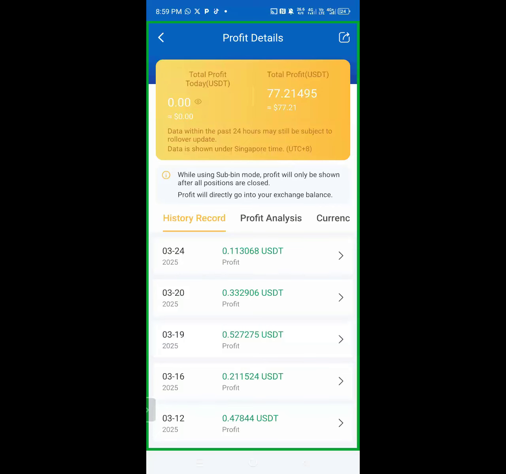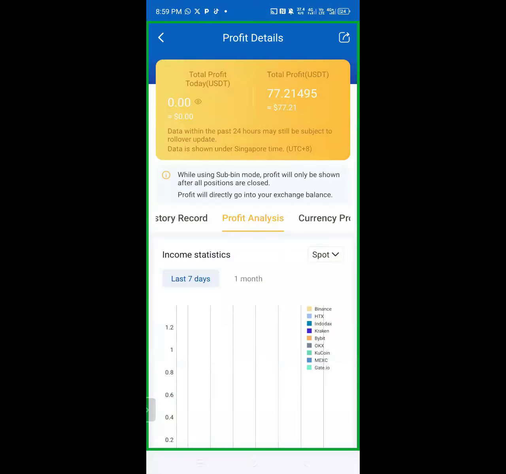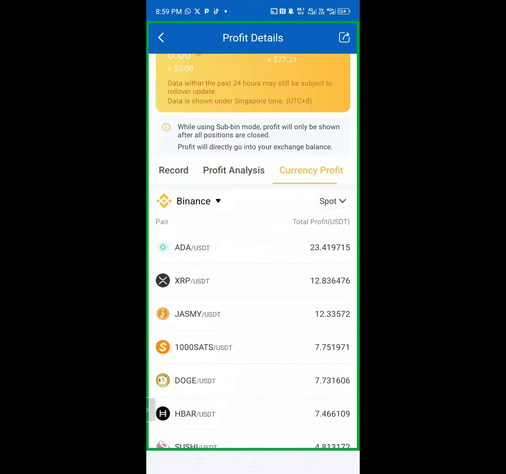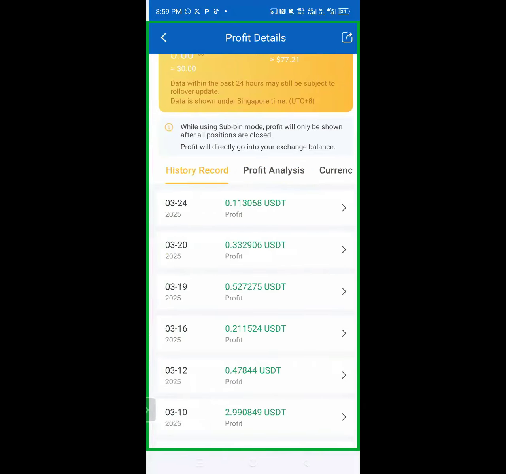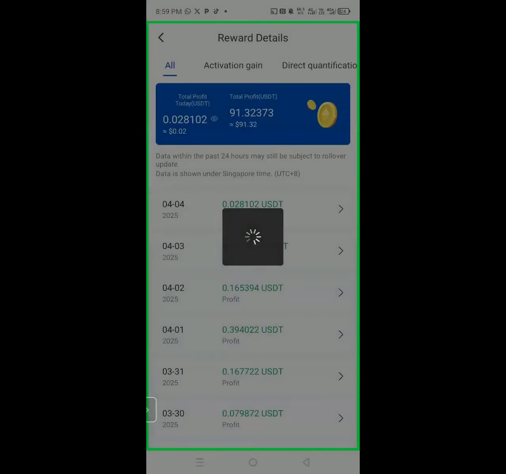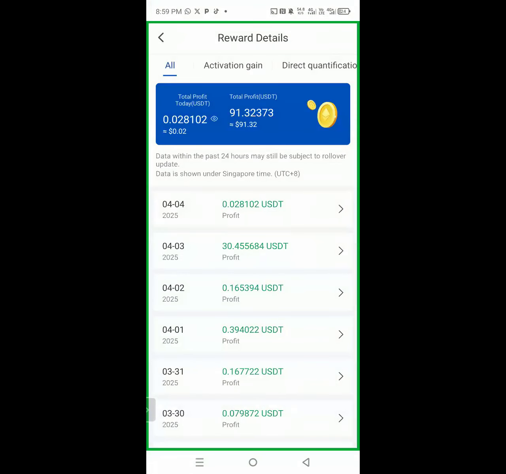Okay, so we have profit analysis. If you want to see the analysis, we have currency profit. If you want to see your coins and how they have given you profits, you see them here. Okay, so the next one is the reward details. Reward details are for those that are into